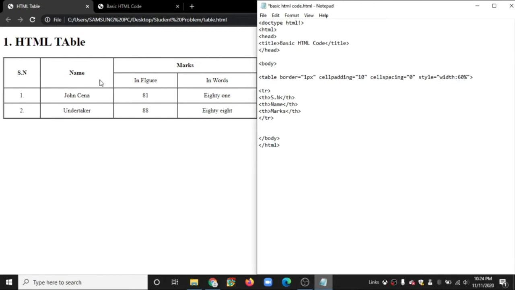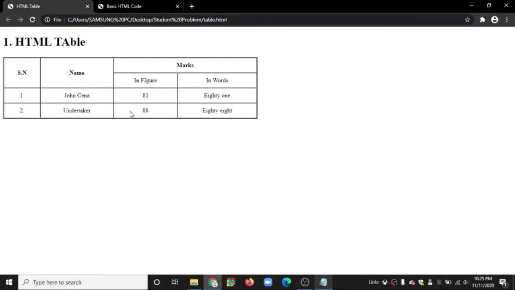After this, you can see the horizontal line is the row and this vertical line is the column. So we can see here is no horizontal line. That means here is no row, and here is the horizontal line, and between this particular table we can see there is one column. So how do we get this?